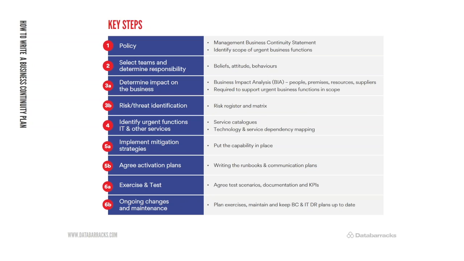What is it that you're trying to achieve? Which of your services are in scope? What isn't in scope? What is it that you want to achieve from your continuity program? Secondly, and I think again this follows on as being incredibly important, you then need to select your teams and